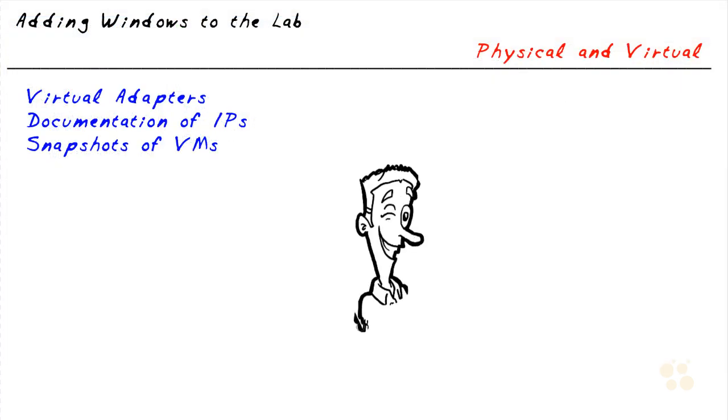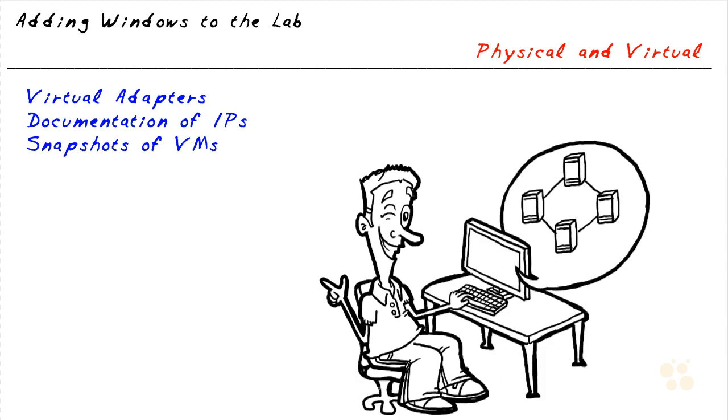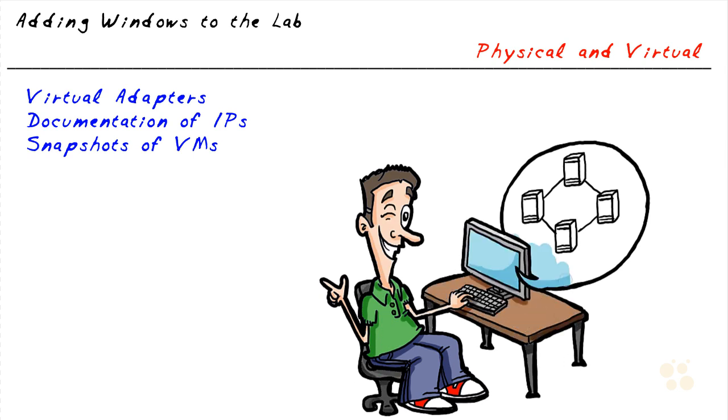So in this nugget, we've taken a look at 4 Windows computers. We documented what their IP addresses are going to be. We verified those IP addresses along with the default gateway and DNS information that each of them can use. And for the virtual machines, we powered them down gracefully. We also took snapshots of those so that you and I can return to those snapshots of those VMs if